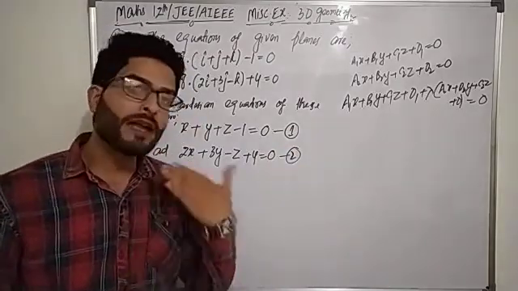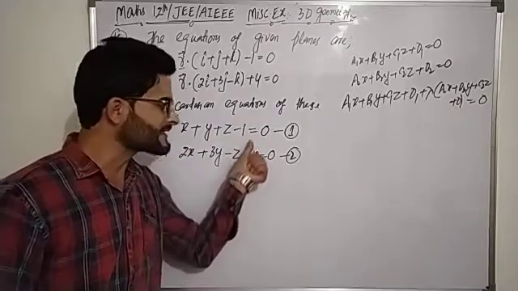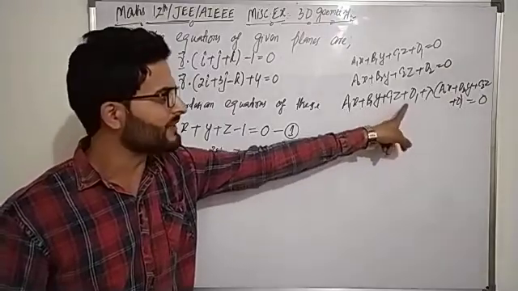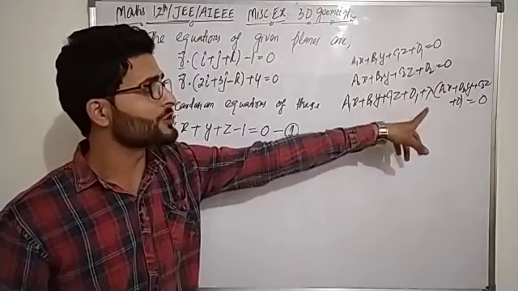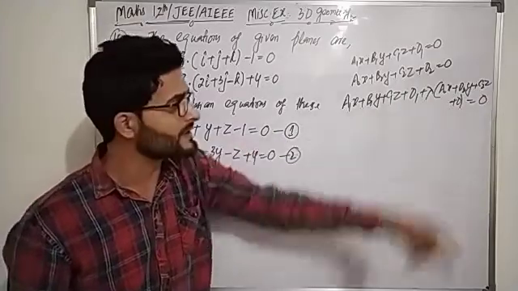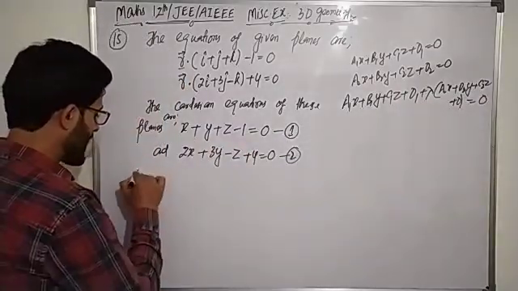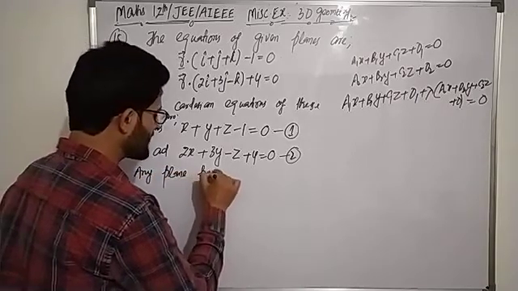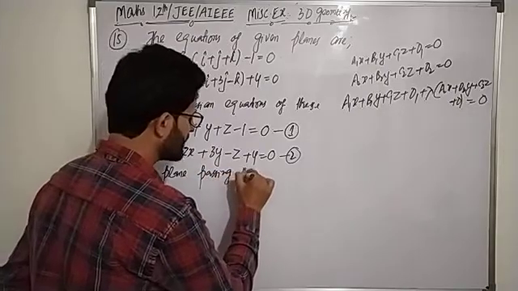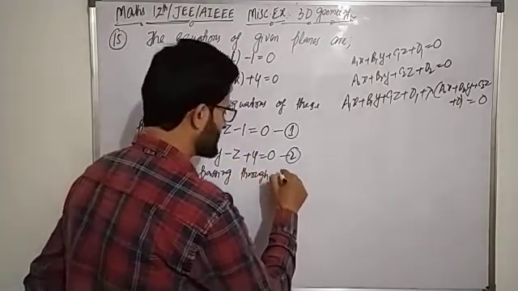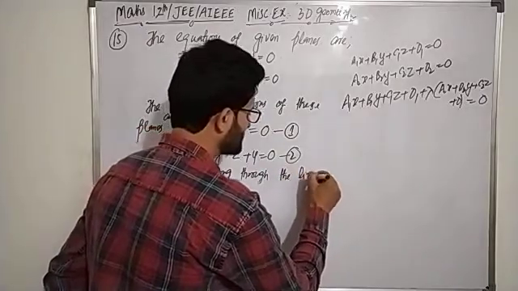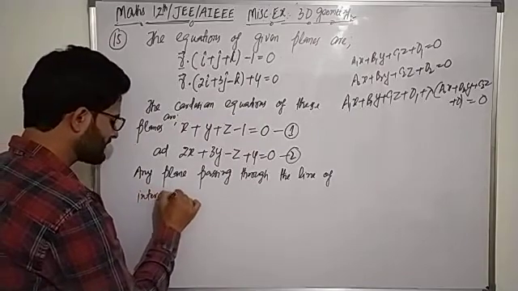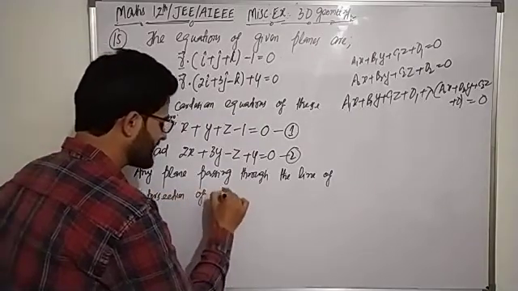Now the equation of any plane which is passing through the line of intersection of planes first and second must be of the form a1x plus b1y plus c1z plus d1 plus lambda times (a2x plus b2y plus c2z plus d2) is equal to 0. So any plane passing through the line of intersection of planes first and second is,